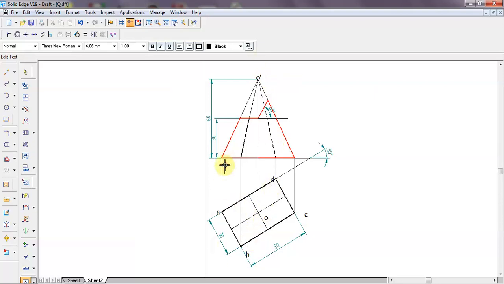This is A dash. This is B dash. This is D dash. This is C dash. So once you name them,